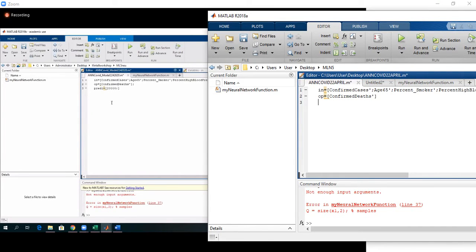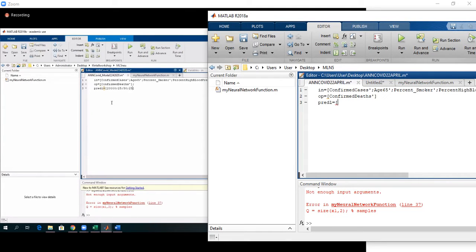And in the second row, the age 65: 25% of the population in that country is more than age 65. And that country has a very high percentage of smoking. This is a hypothetical or futuristic thing. We are just predicting. If that country has a 50% smoking rate, and then the percentage of high blood pressure population is,